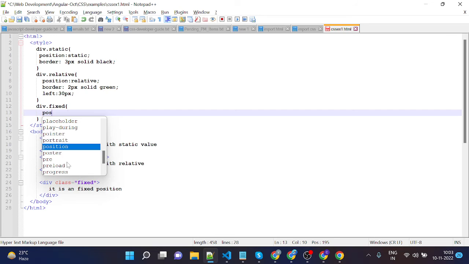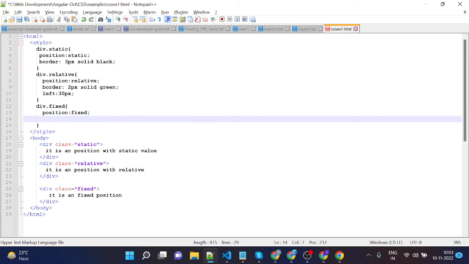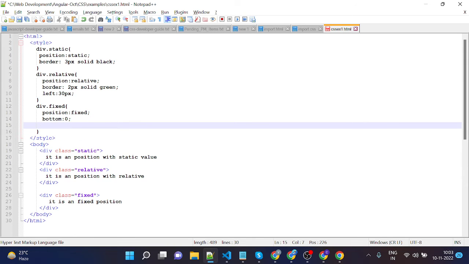I'm going to specify the position as fixed and bottom as zero. I'm going to fix it in one place, with bottom as zero, right as zero,